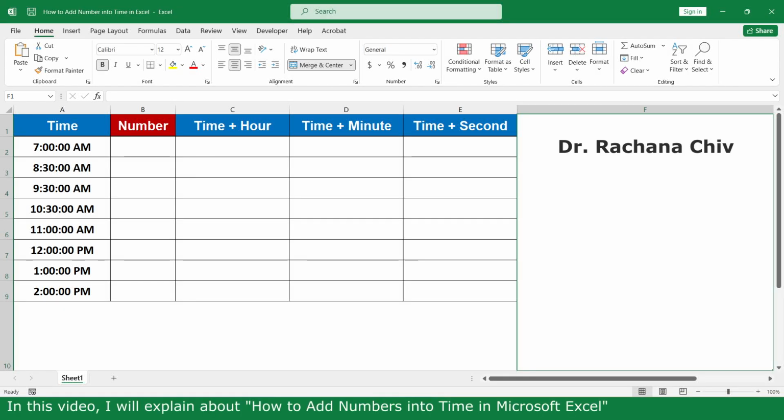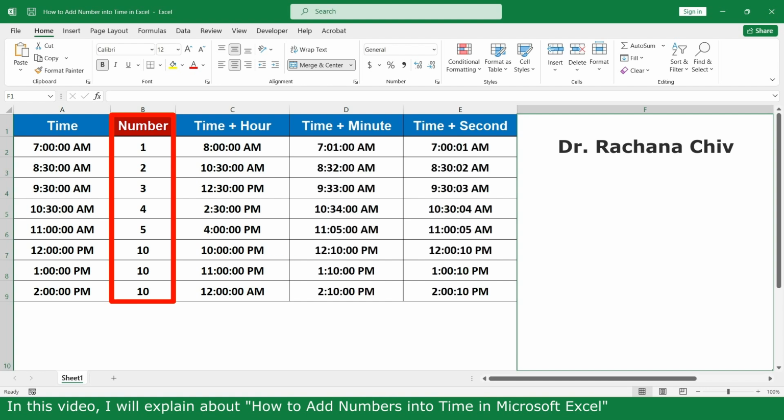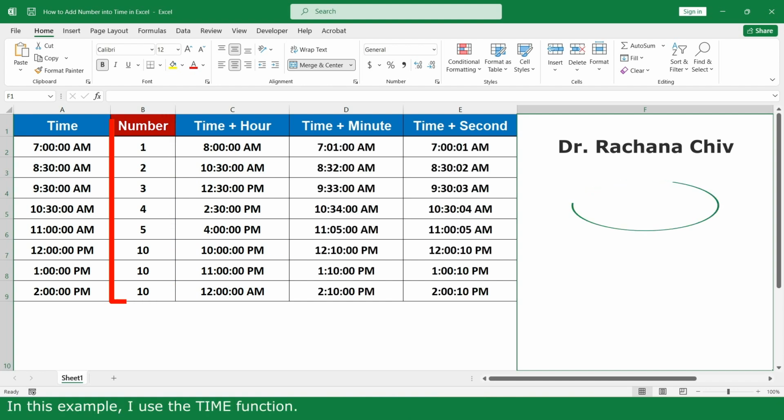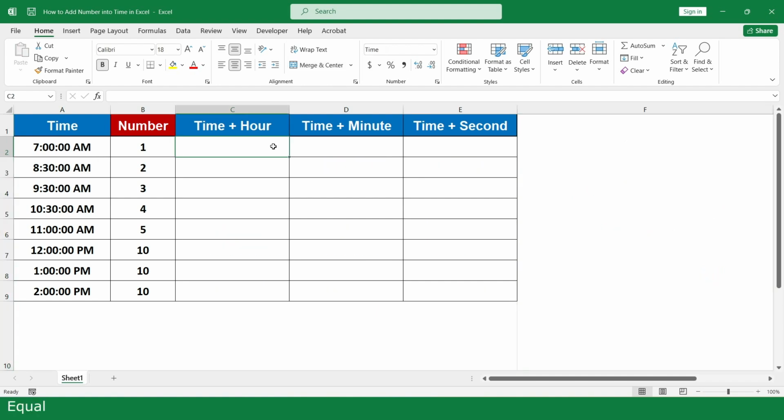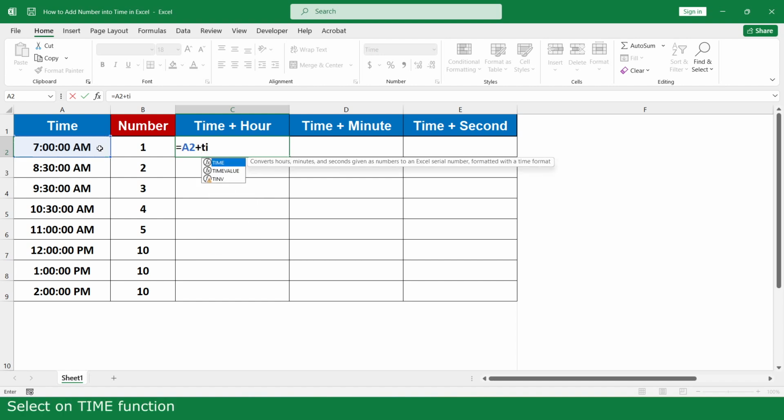In this video, I will explain how to add numbers to time in Microsoft Excel. In the example, I use the time function. Equal, click on 7 o'clock, plus, select the time function,